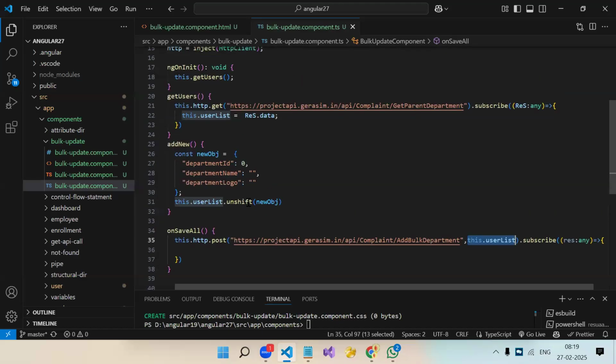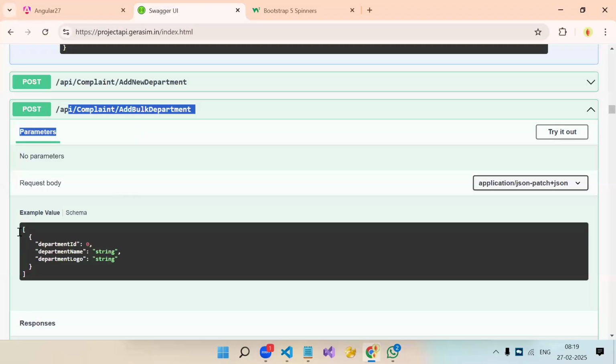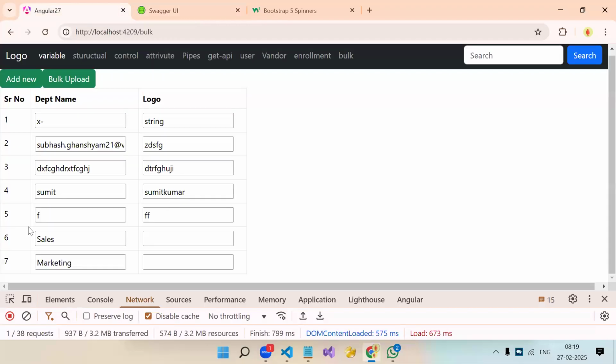समझा सबको? जब भी हमें बल्क अपलोड, अगर तुम्हारे एपीआई का रिक्वेस्ट ऑब्जेक्ट उसको क्या चाहिए? ऐरे चाहिए, तो हमारा यूआई ऐसा कुछ रहेगा जहाँ पे हम मल्टीपल डेटा ऐड कर सकते हैं, या फिर मल्टीपल अपना फॉर्म भी रहता है, वो रिएक्टिव फॉर्म के टाइम पे बताऊंगा मैं, बट दिस इज द सिंपलेस्ट वे. अब इसको क्या कहते हैं? इनलाइन एडिटिंग. टेबल में ही मैं डेटा एंटर कर पा रहा हूँ, इसको बोलते हैं इनलाइन एडिटिंग.